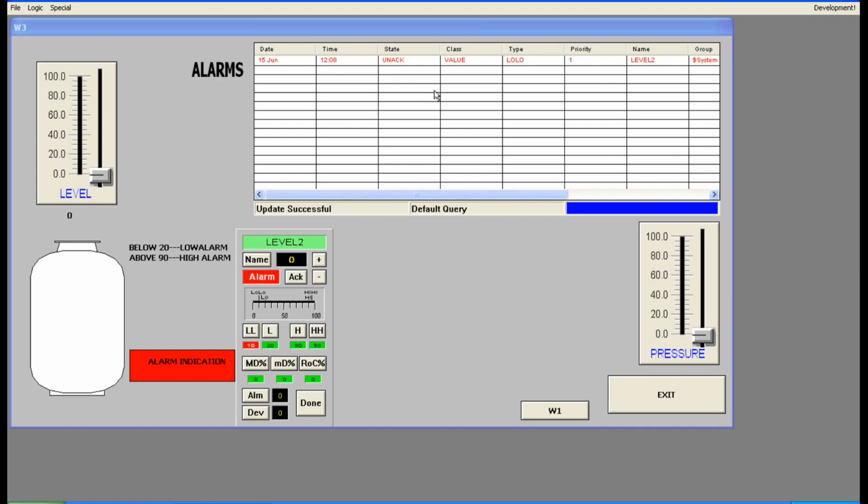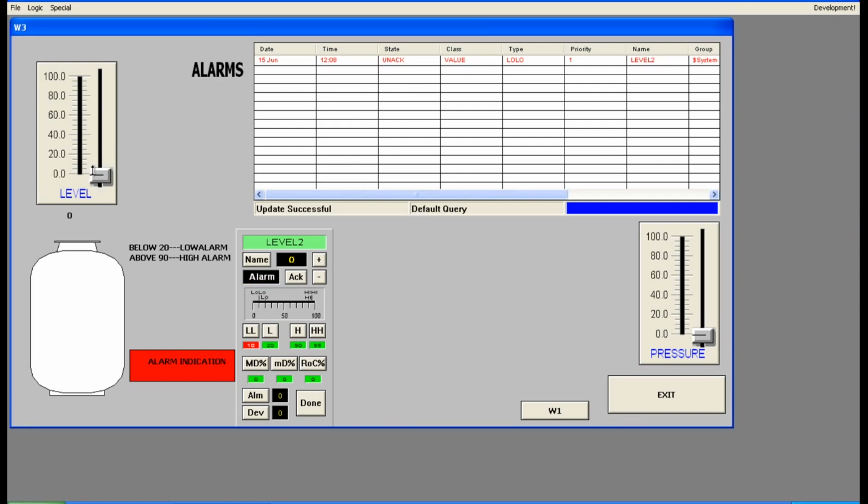Now, whatever alarm you are creating here, see, now it was a low alarm. It is listed here, unacknowledged. If you press acknowledge, it is updated here. Just increase. Now it is a new alarm, which is the low alarm.